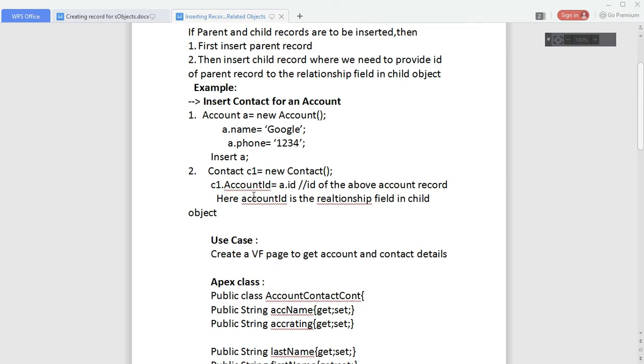Let's see one use case for this. We have to create a VF page to get account and contact details.